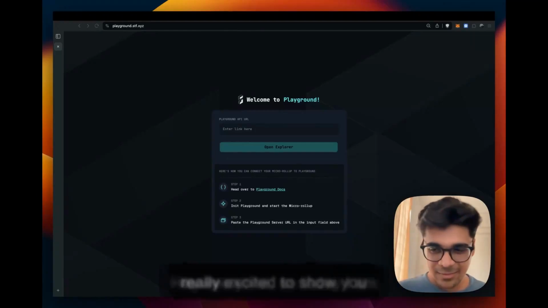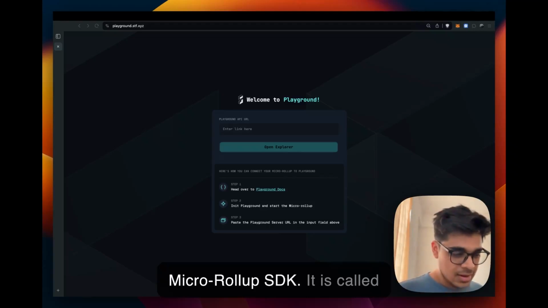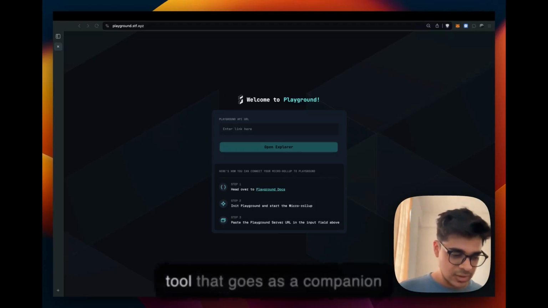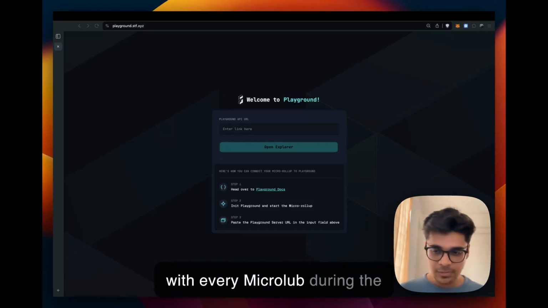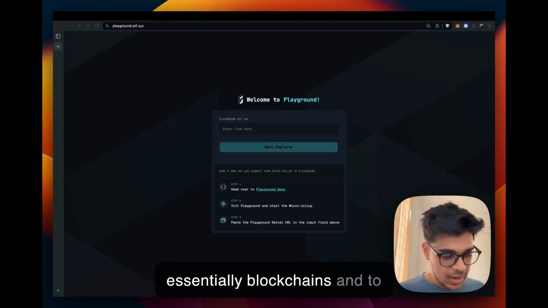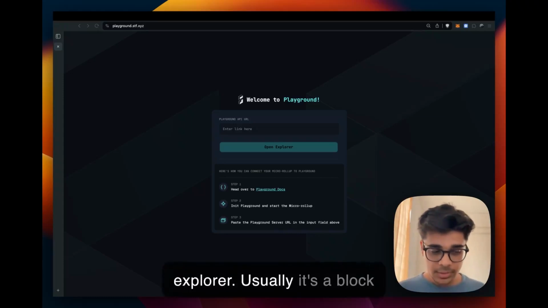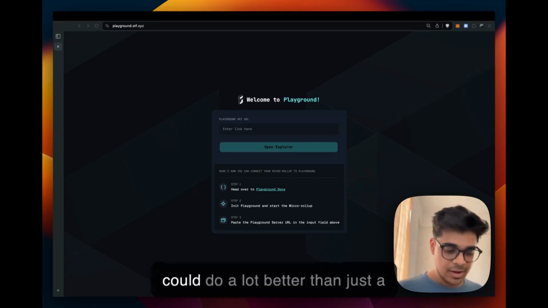Hey everyone, so today I'm really excited to show you something that we have been building alongside the MicroLab SDK. It is called the Playground, and it is a dev tool that goes as a companion with every MicroLab during the development phase. So as you know, MicroLabs are essentially blockchains, and to know what's going on with the blockchain, you need an explorer. Usually it's a block explorer, but we thought that we could do a lot better than